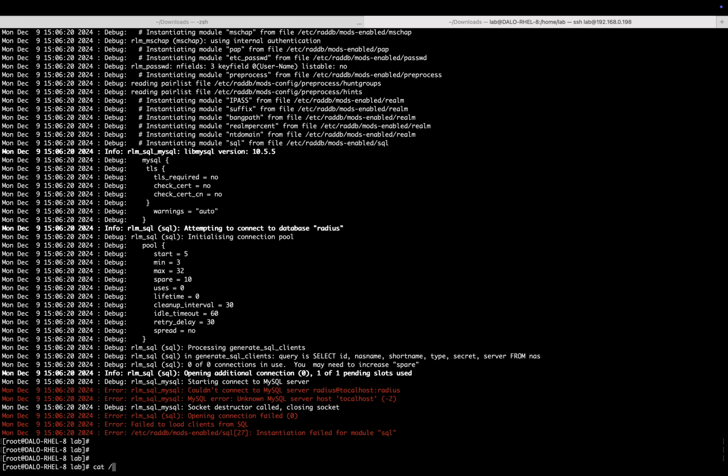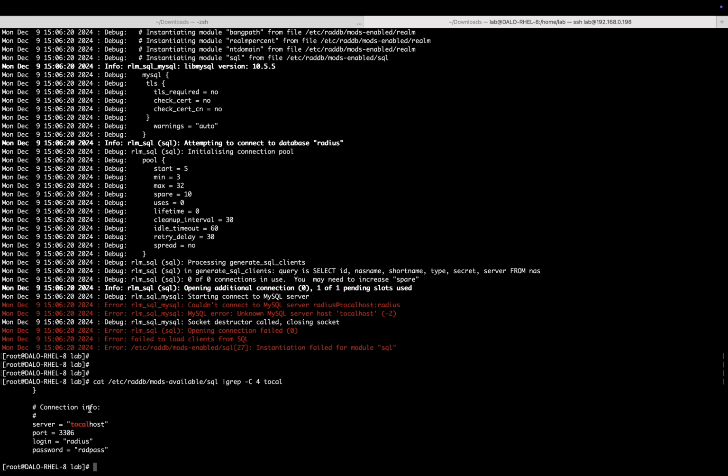In terms of where exactly I have changed that file, or when you want to configure your FreeRadius to point to a MySQL database, on Red Hat Linux the file is pretty much here. So I will just show you where it is. I will put a grep value of 4. So here it is. In this file, /etc/raddb/mods-available/sql, you can see that you define your